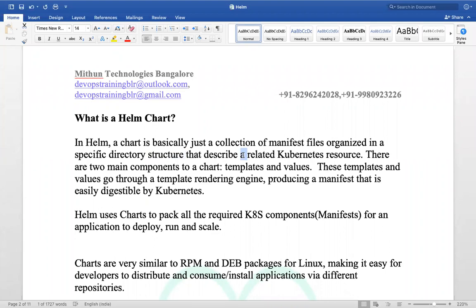In a Helm chart, there are two main components. We have templates and we have a values file.